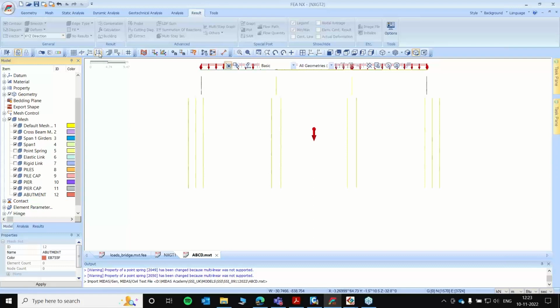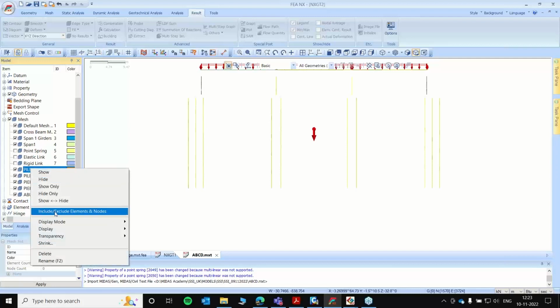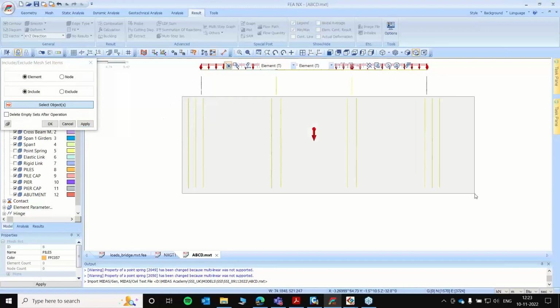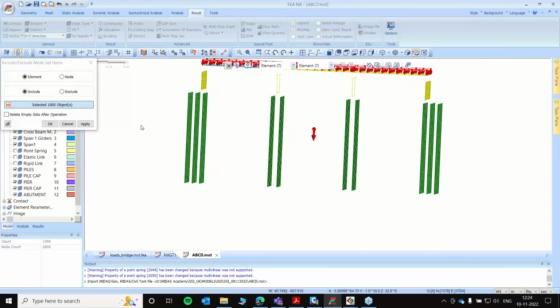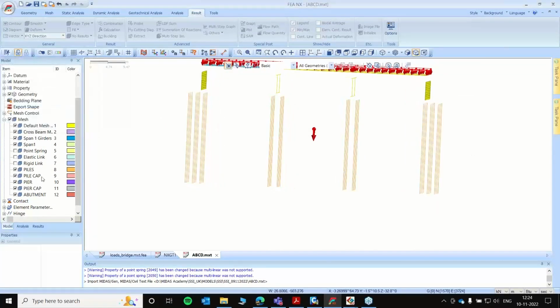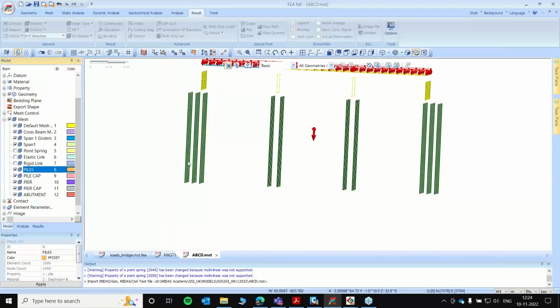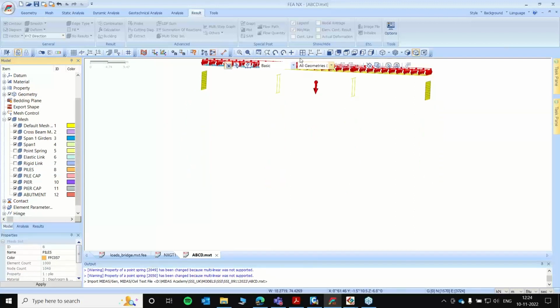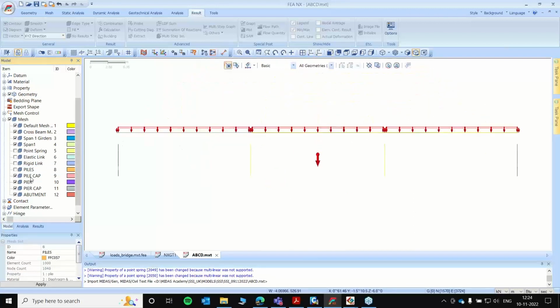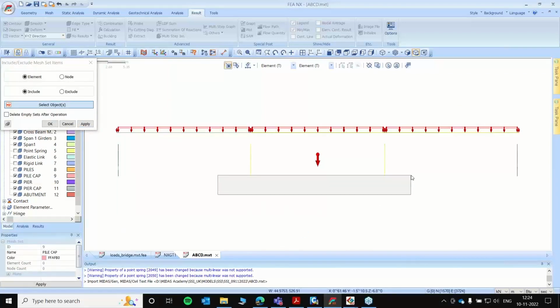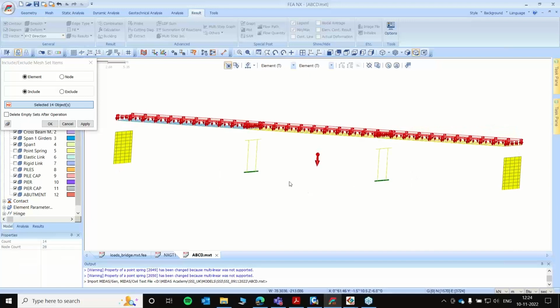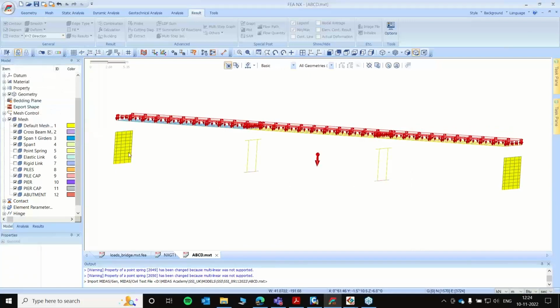Okay. So now it's time to add elements to the mesh sets that we created. In other words, the elements are already there. We just need to separate them. So I'll right click on piles, click on include extrude element nodes. Okay, like this. Press OK. If I select on piles, you can see the elements are added to the pile now. Now time to select the pile cap element. Same drill will be applied in here. Okay, we have selected the pile cap.